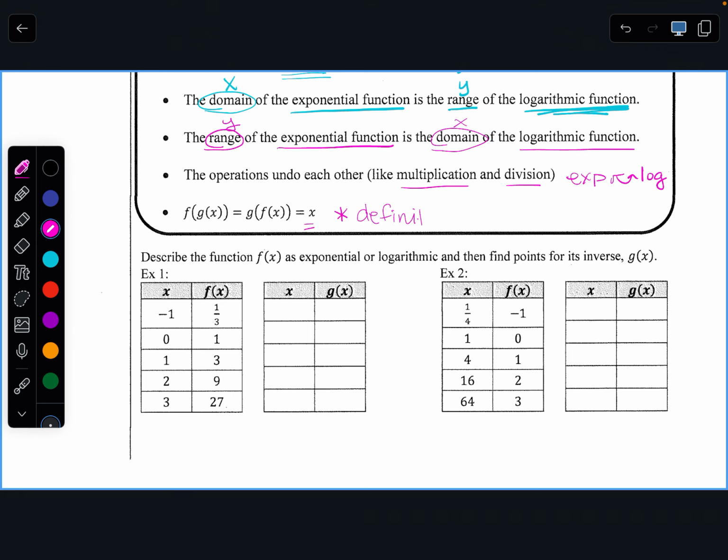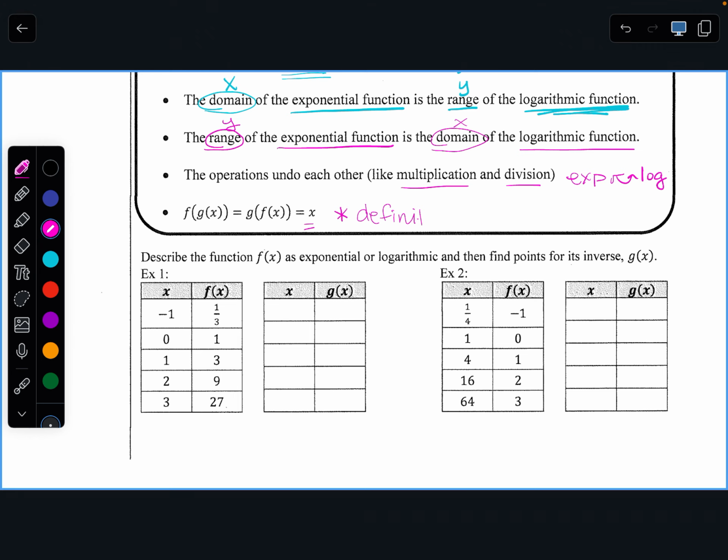These x values look like they're increasing by 1 every time, so they're adding by 1. And these y values actually look like they're multiplying maybe by 3 every time. This points to an exponential relationship, okay? And if it is exponential, its inverse, which we'll put here,